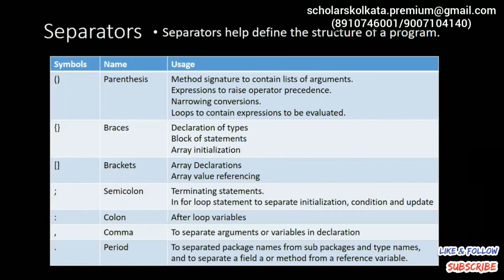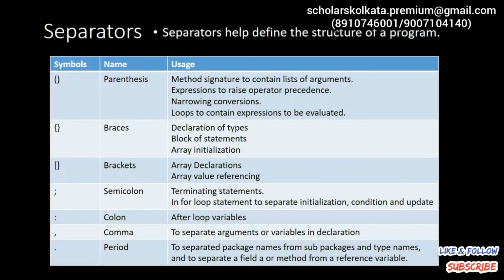And then come brackets. These are square brackets, as we sometimes call them. Square brackets are used for array declaration and array value referencing. We will learn about arrays in later classes, what arrays are and what kind of data structure it is. Then the semicolon. A semicolon is used for terminating statements, and to separate initialization, conditions, and update of values. We will learn this when we reach the chapter on loops, where we will be using the semicolon rapidly. And we will use the semicolon all the time for ending a statement. Suppose System.out.println, then the parentheses, and ending with a semicolon.